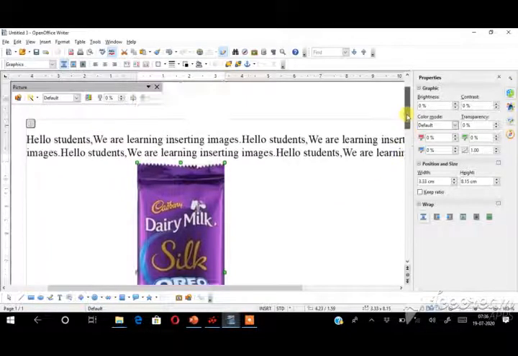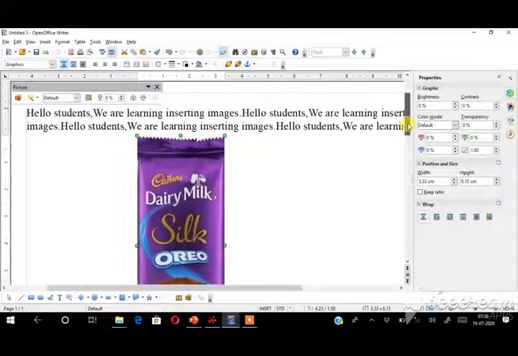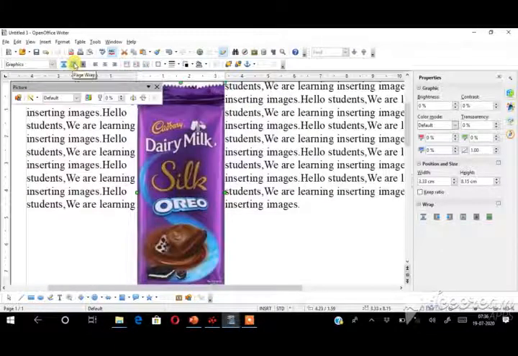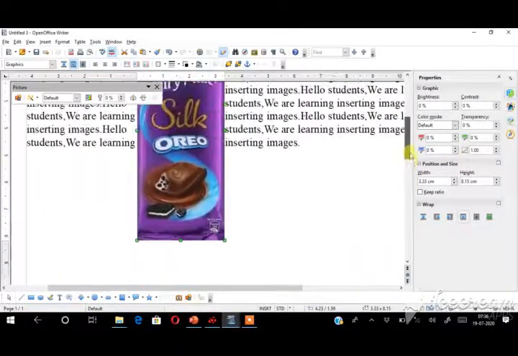See here, top and bottom of the picture, the text will be displayed. And the next one, see here, is the page wrap. Page wrap means it will display the text at the top, bottom, left and right of the picture. Four sides of the text will be displayed. See this one, see here, the picture will be displayed like this. If you specify more text, the text will appear at the bottom of the screen also.